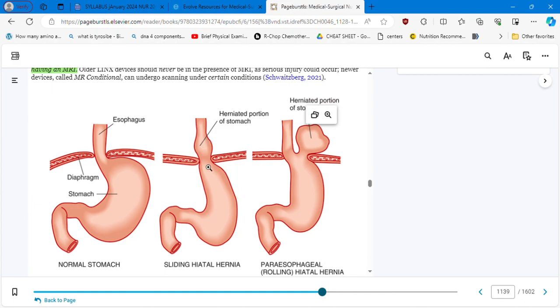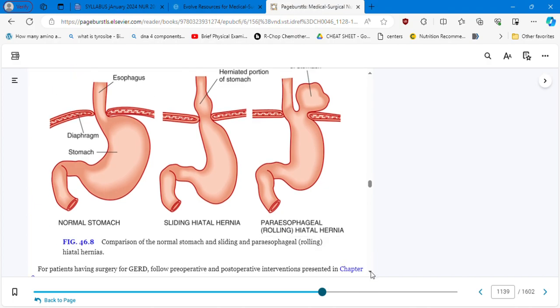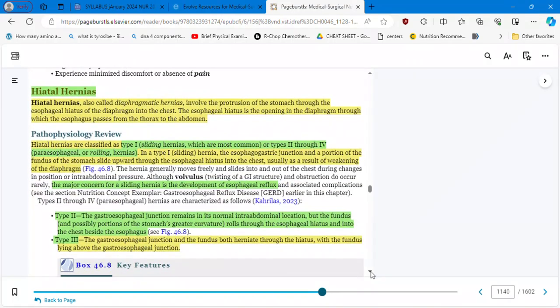Out of all the hernias, I would say this is the least complicated. And then the last one is the paraesophageal, in which the hernia is going to stay there. There is a good amount of stomach there, so it's going to stay there. Okay, so